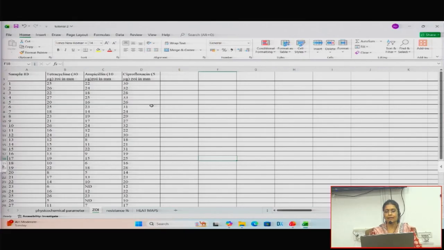Okay. And how did we get the ZOI values in mm? How can I get that? From my samples that I got into the lab, what did I do? A drug test. Do I have a name for that drug test? Microdilution? No, you won't get ZOI from that. You get what? From the disc diffusion method, the AST one, you get the zone of inhibition. From microdilution, what do you get? MIC values.